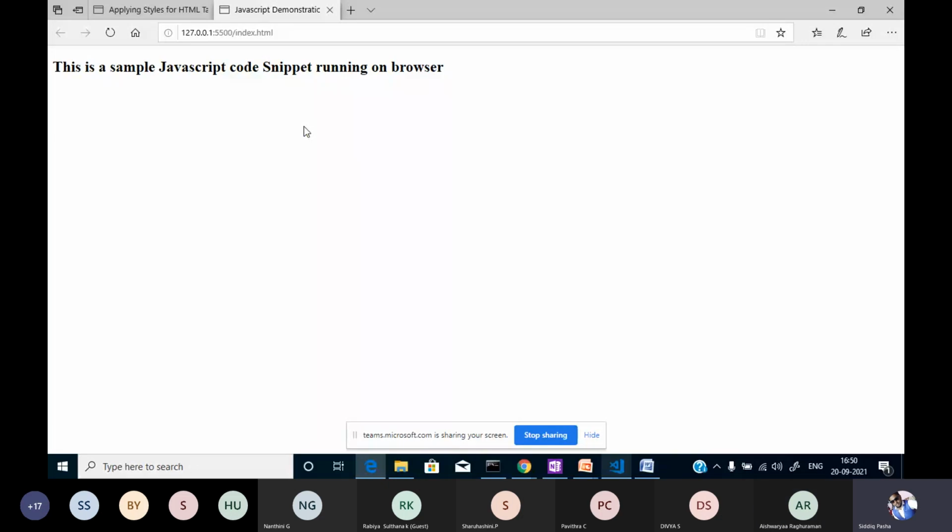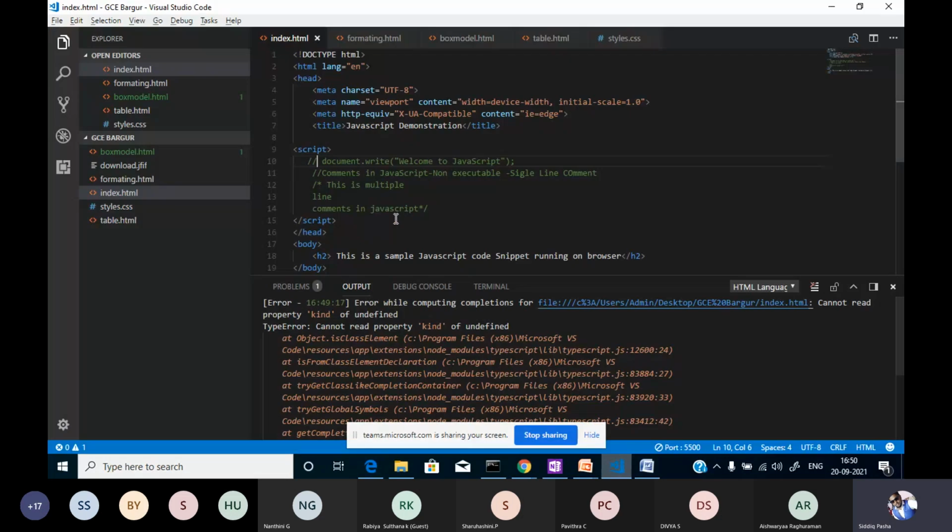Yes, sir. Yes, this is what a comment means. Comment means it is only for the programmer's reference. If the programmer wants some of his code or statements not to run, he may make those statements a comment. So this is a single line comment and this is a multiple line comment. We have both comments over here.